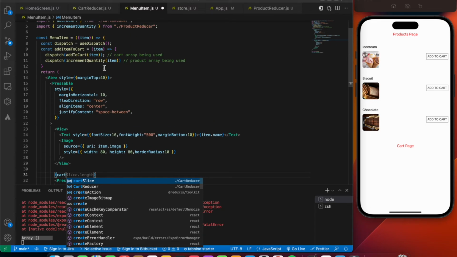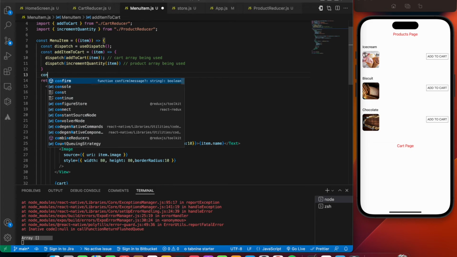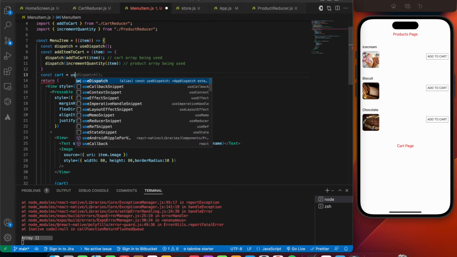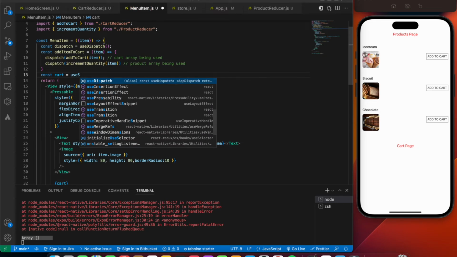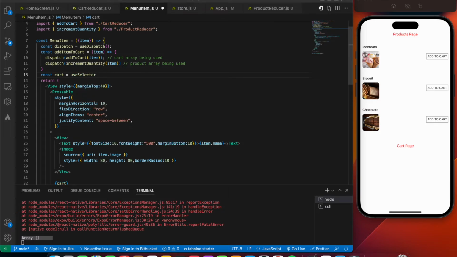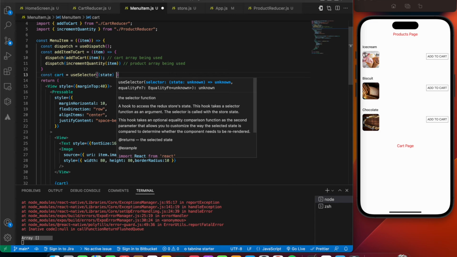Firstly, let's access our cart inside our menu item. This is going to be similar to the way we initialized our product array. So we're going to say const cart equals useSelector imported from React Redux, and access the state.